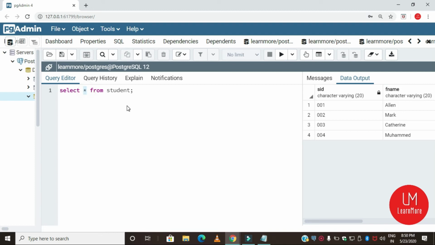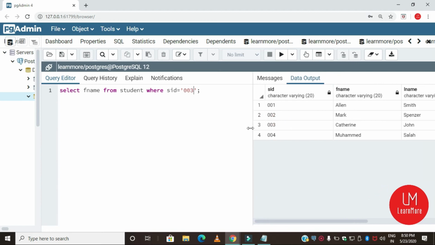So I want to display the first name, that is select f name from student. You have to specify the condition where student ID equal to, and since we set the student ID as text type, you have to use the quotation marks, 003. Then let's run this query.